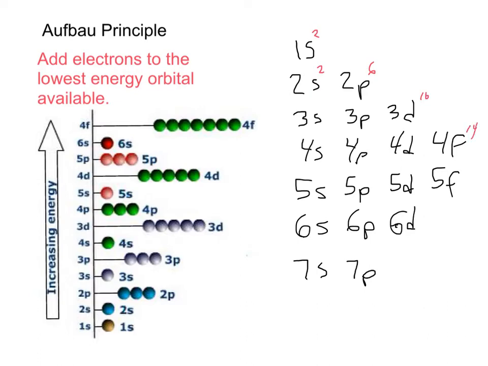As you add those, now it's called the diagonal rule because to do it, you draw diagonal arrows through each part. So we're going to draw an arrow on a 45-degree angle through 1s. When you get to the arrowhead, you go to the tail of the next arrow. The second arrow goes through just 2s. The third arrow catches 2p and 3s. The fourth arrow catches